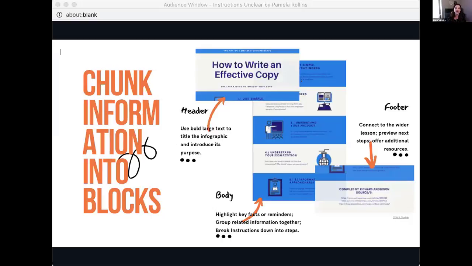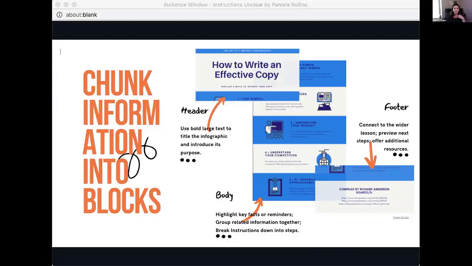So when we look at infographics, there's some key things to look at. The first is that they come in blocks. Information is chunked. So it usually begins with just a very simple, plain title to grab the reader's attention, make it clear what the purpose of the infographic is. In this case, I would use this to introduce the assignment. I would give the assignment name. I might give the class title, something to that effect.